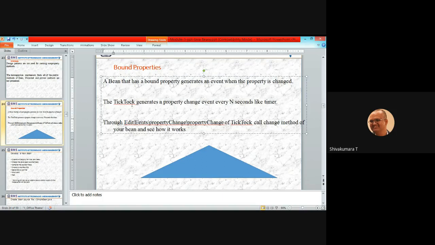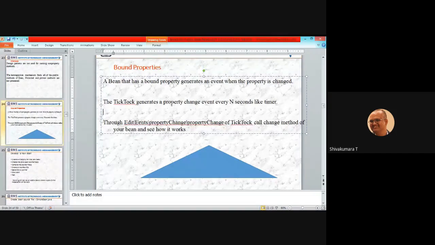The TickTock bean generates a property change event every n seconds, like a timer. When time changes, tick, again time changes, tock, tick, tock.